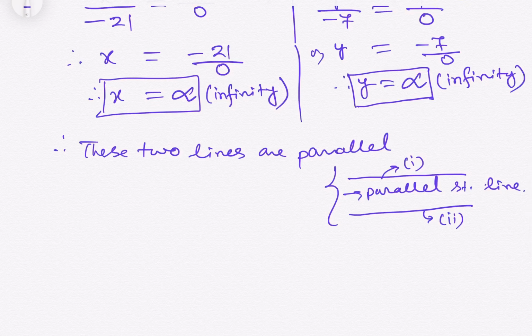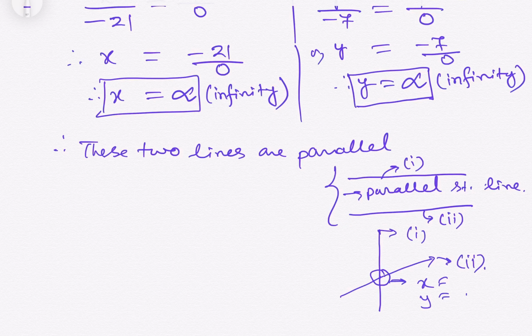When lines intersect each other, say line 1 is this way, this is equation 1, and another equation is, say, this is equation 2. Then we get the intersection point. When these two lines intersect each other, we get a value x equals something and y equals something at this point. But our given equations are parallel straight line equations. So when we solve these two linear equations, we do not get any intersection point of both the equations. Basically, these are parallel straight lines.